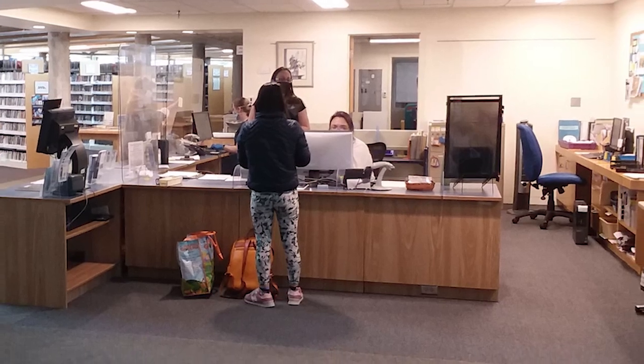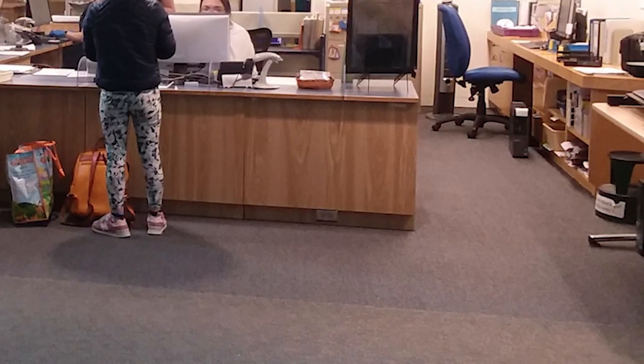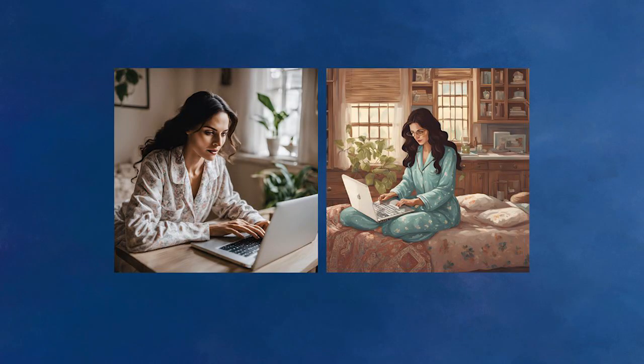So instead, I did discover that my local library did have Microsoft Excel on their computer. So I couldn't really go in my pajamas while my family's asleep. So that's a serious downside. That's when I do a lot of research. I also do research at 5 o'clock in the morning before most people get up. And so now I needed to figure out when in my schedule I can put on clothes and head on